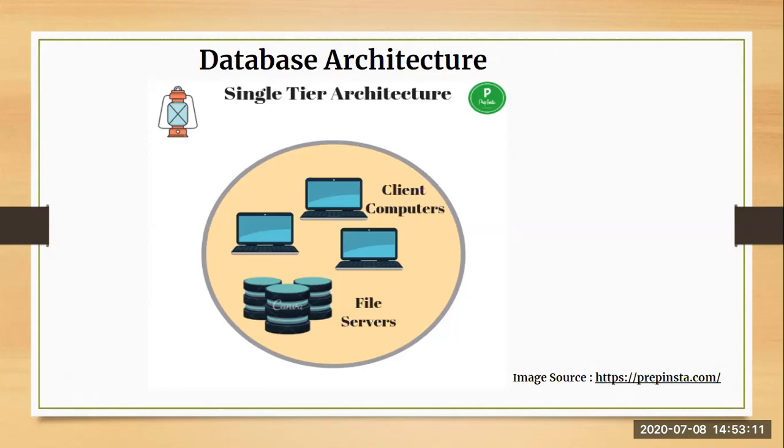That does not require much processing. If you start loading more data into this architecture, the system will start lagging, because your client and server are both in one place, they are not divided. The single system has to work as a client and also as a server. So if more processing is done, the system becomes very slow. And if this system goes down, then the entire system goes down, because it is acting as one system, both client and server.